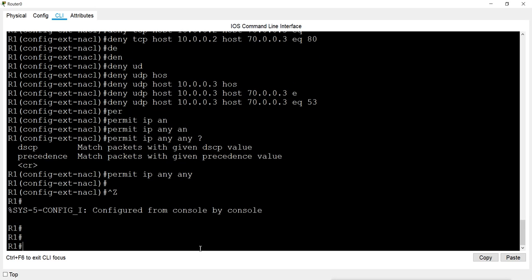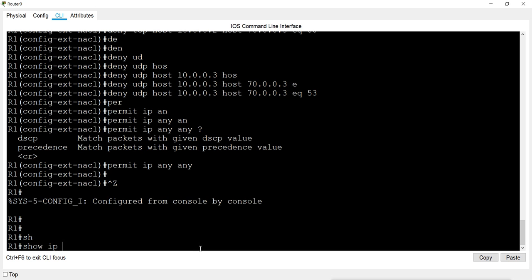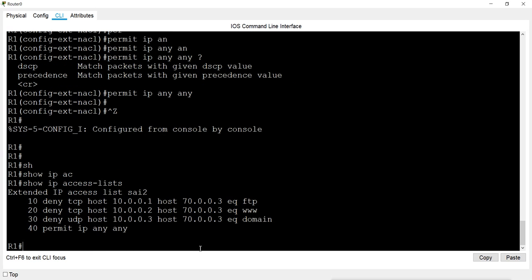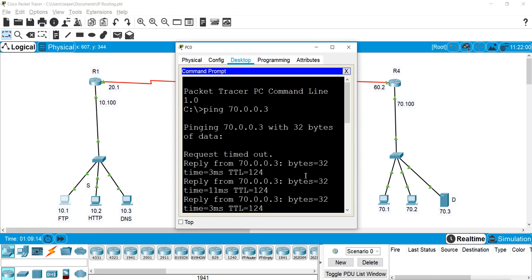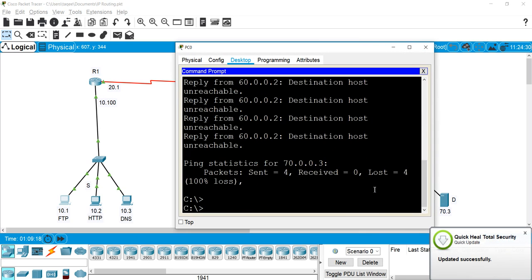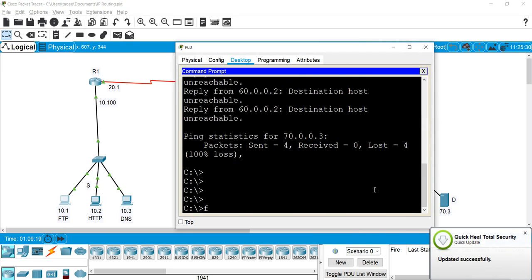We can check with show ip access-list, and this is the list. But the list is not applied. If the list is not applied, everything still works. That means this machine can still access FTP. It can go to the command prompt and it can still access the FTP server.